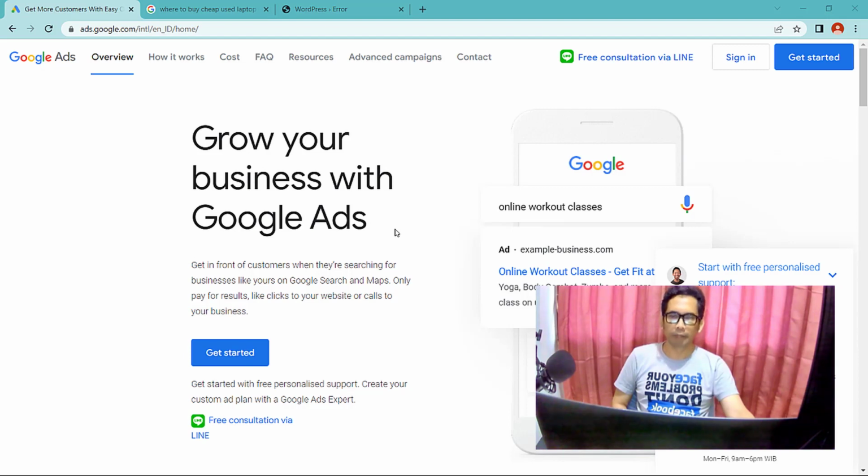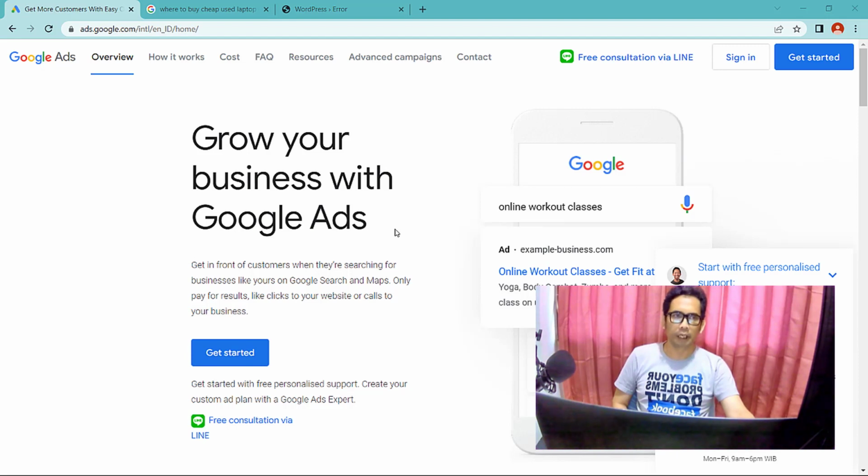First, create a Google Ads account. If you don't already have a Google Ads account, start by creating one. You can do this by visiting the Google Ads website and clicking the Sign Up Now button.